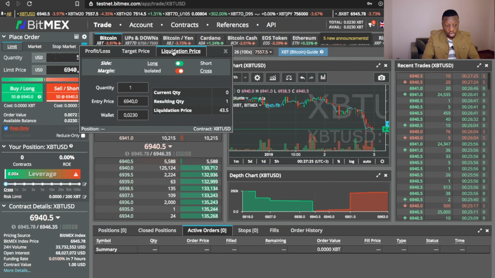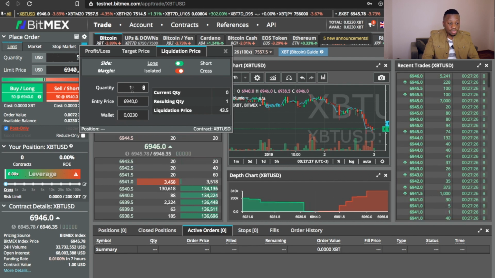So basically a calculator can help you figure out your liquidation price, your potential liquidation price. So let's say, for example, I wanted to buy 50 contracts worth of BTC on cross. I was going to long, right? So just make sure that the gear is highlighted on the cross section right over here, and this is obviously my wallet balance, and I wanted to go long at about 6,940. Okay, so according to the account balance that I have and the amount of contracts that I'm going to be allocating to this particular trade, my liquidation price is going to be at